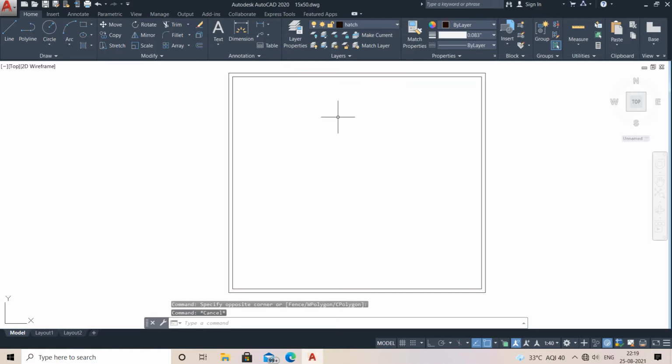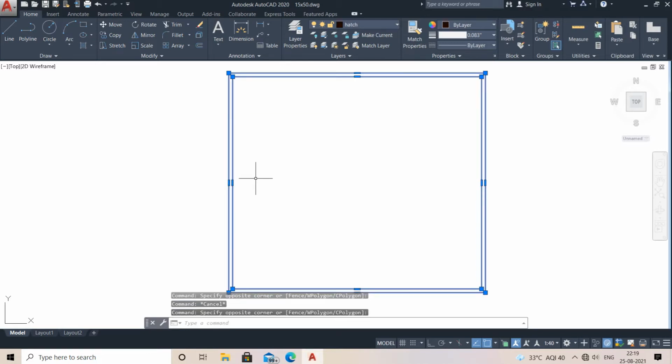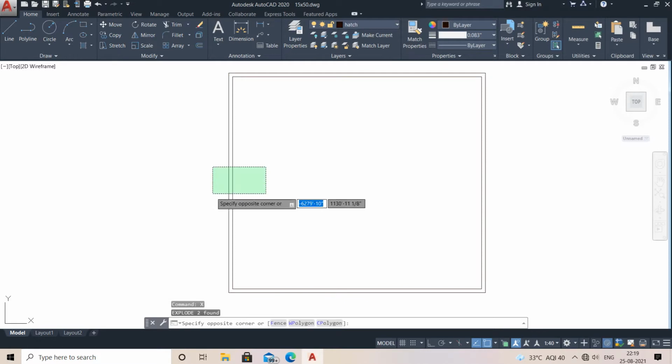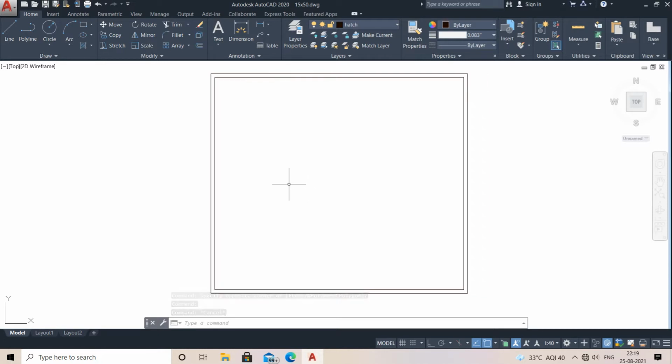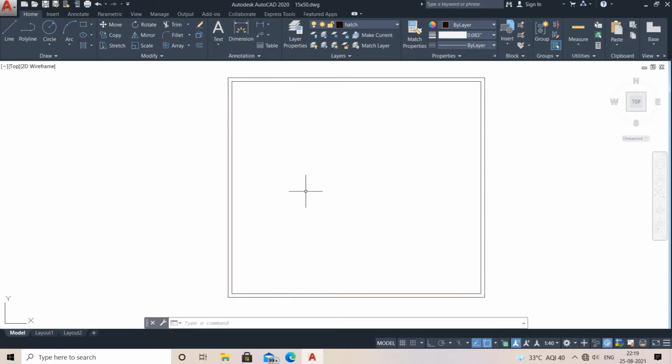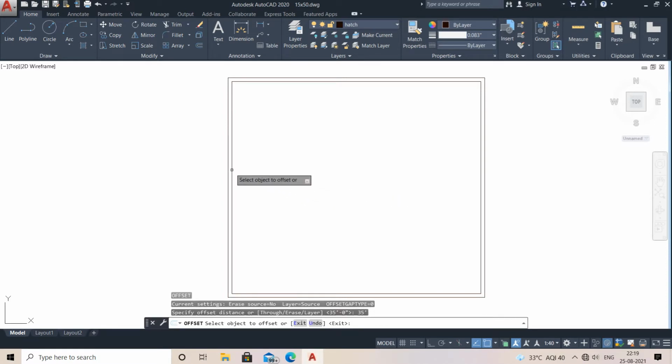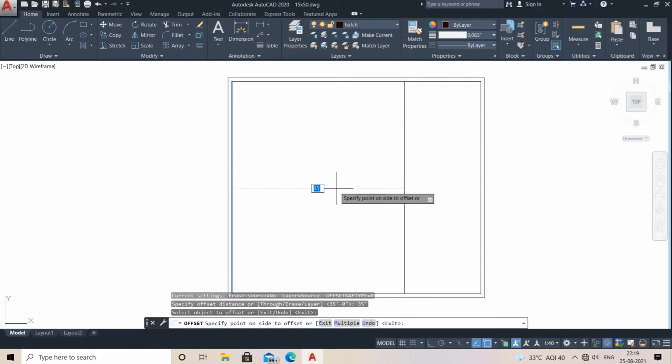So what I need to do is select it, right? Now go for the explode command. The shortcut key for explode is X. Type it from your keyboard and enter it. It has been exploded. Now see this part, the part which you want to select, only this is selected. Why have I done it like this? I need some of the parts, right? After that, go for the offset command of 35 feet, because my construction width is only 35 feet. I need to leave some of the part from the 52 for car parking.